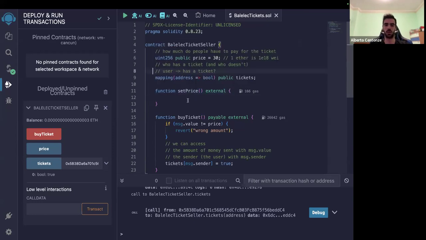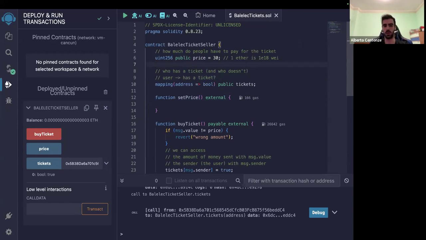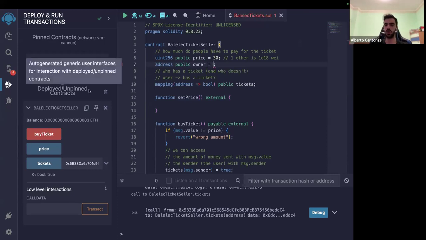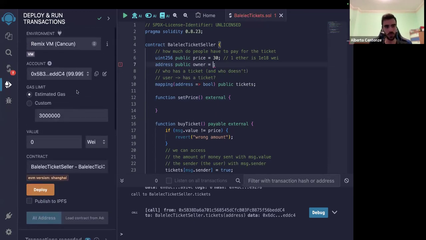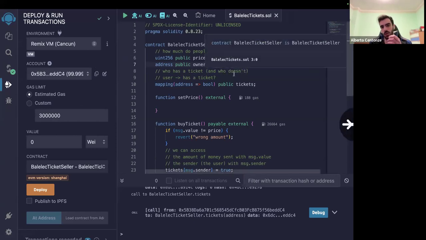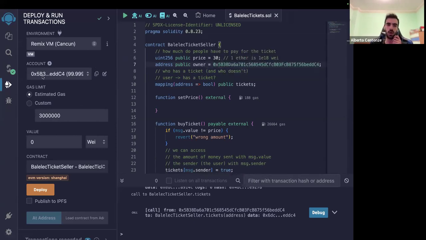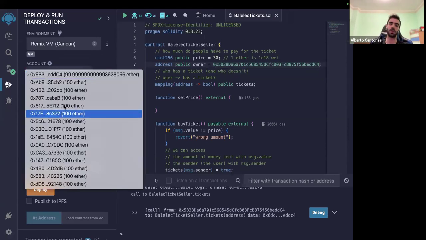We can just create an owner of the contract. So we can just create another variable here. We just say, hey, it's an address, public, why not? That contains the information of who is the owner. And then we need to set it somehow. In the easiest case, we can just hard code it, but of course this can be set dynamically. So for simplicity here, I'm just gonna do this. So yep, I just copy paste my address. So you go here and you can copy paste it and it should work. So only when I send with this account and not the others, I will be able to change the price.